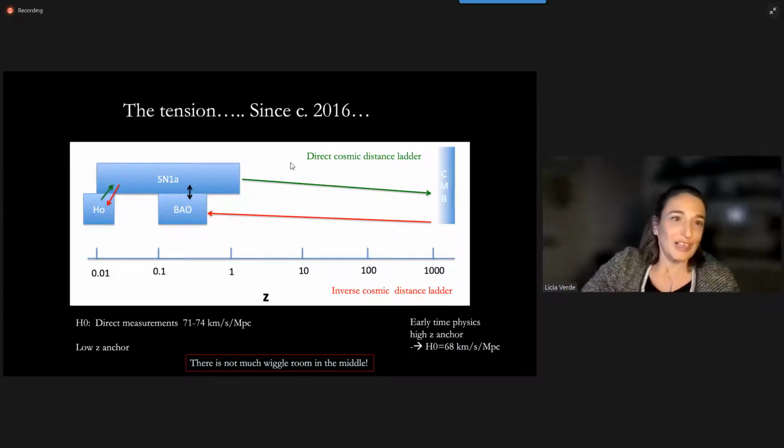So the famous tension since about 2016 basically says that the local direct measurements of H0 tend to land in the camp between 71 and 74 kilometers per second per megaparsec. The early-time physics calibrated measurements tend to land in the 68 kilometers per second per megaparsec camp, but the error bars are small enough that this difference is important and there is not much wiggle room in the middle. So of course,